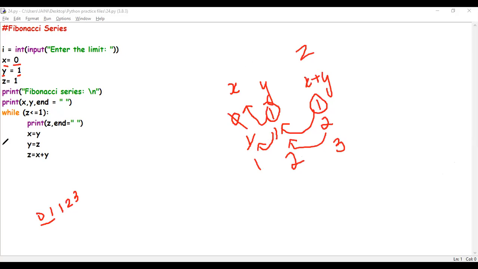Okay, this is exactly what I have done over here. I have taken x as 0, y as 1, which are my initial numbers. And finally, I'm giving the value of z as 1. But if you don't want to give, that's fine. But it's easier if you give it the value because we can start our loops then. So I'm saying to the user, enter the limit. That means up till where should I